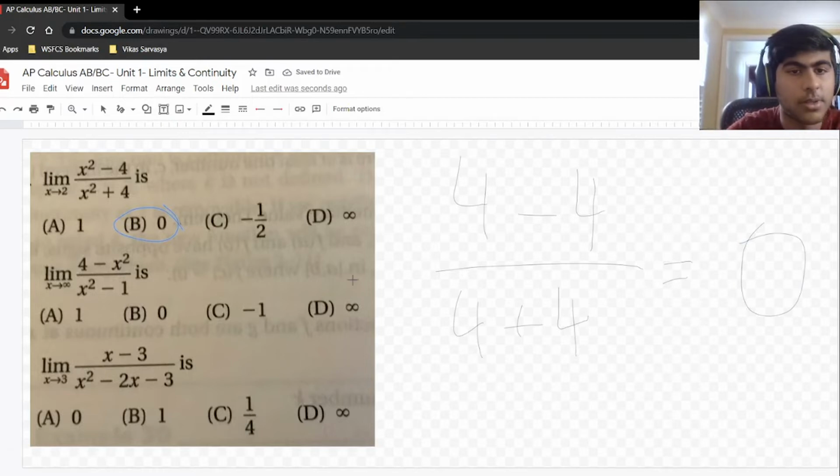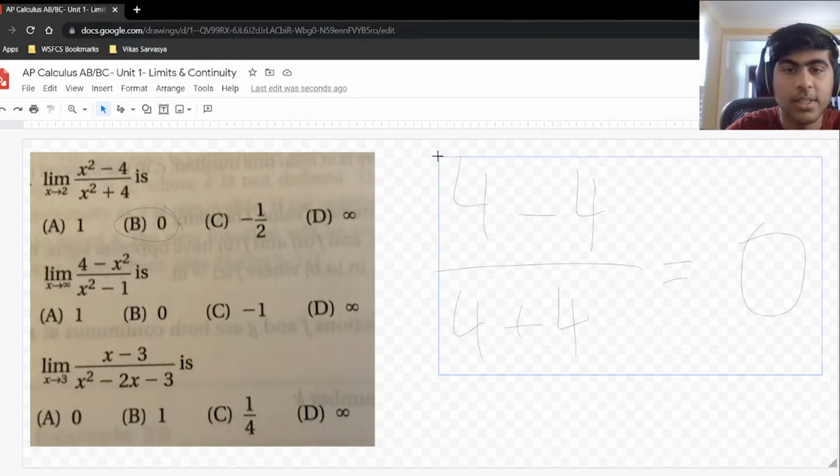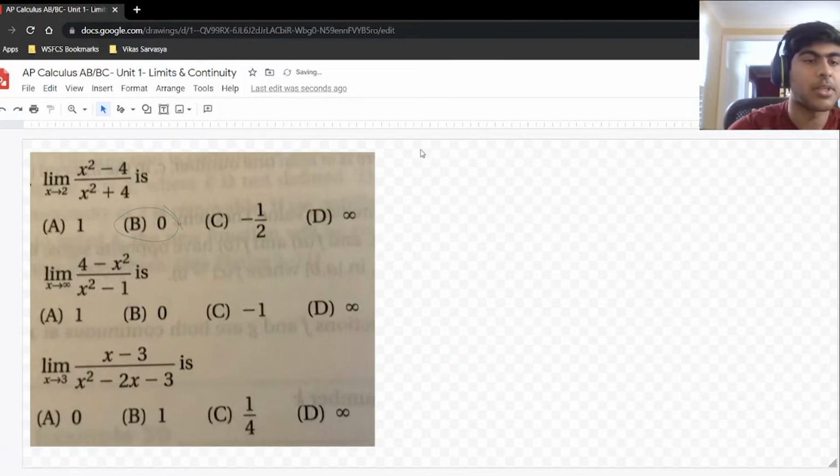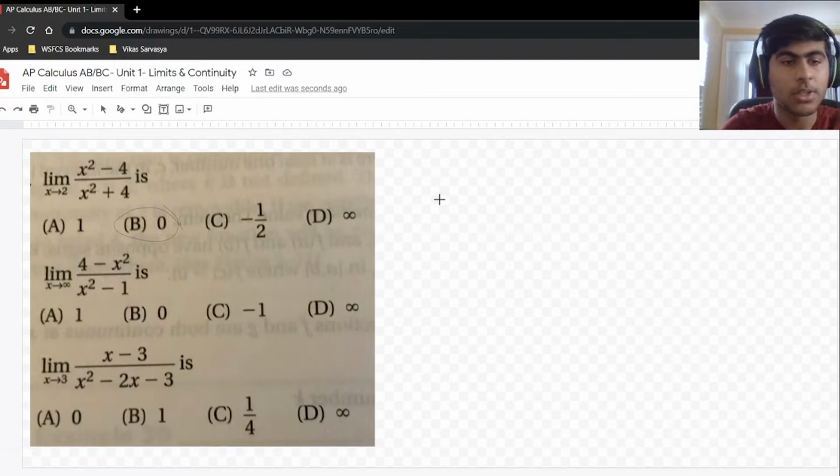All right, let's see another one. Now they're asking for the limit as x approaches infinity. Limits approaching infinity. Now with limits approaching infinity, you can't just plug it in, right? You can't just plug in the value of infinity because, well, what do you get? You get 4 minus infinity over infinity minus 1. And how do these infinities compare to each other? We don't know. So the way to do these kinds of problems, let's order the numerator in terms